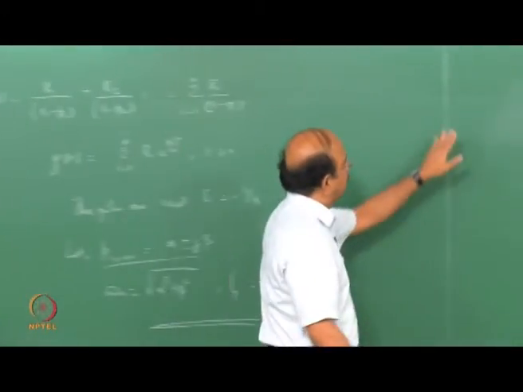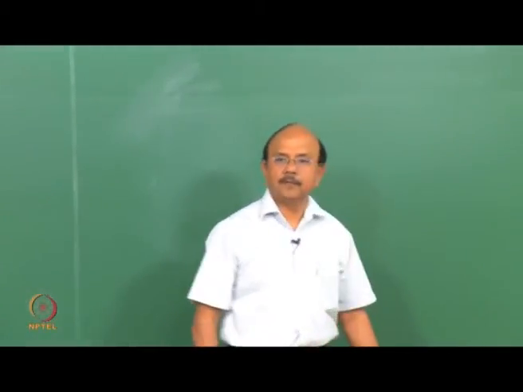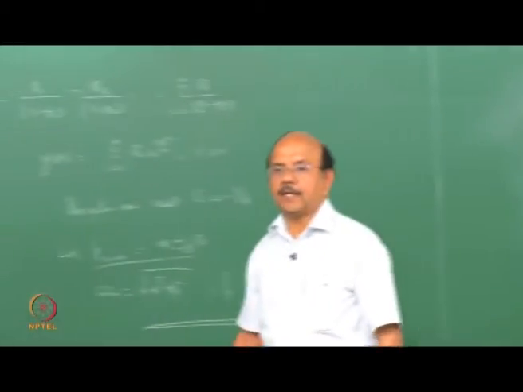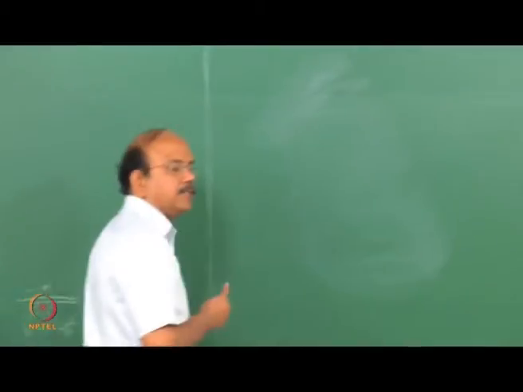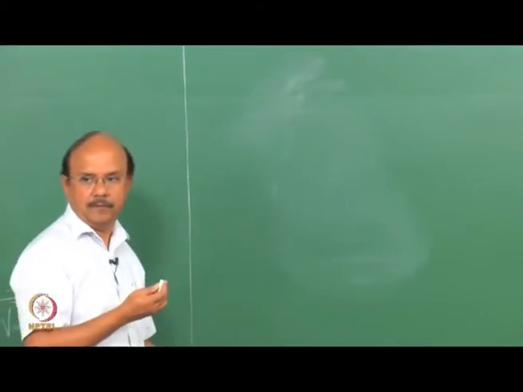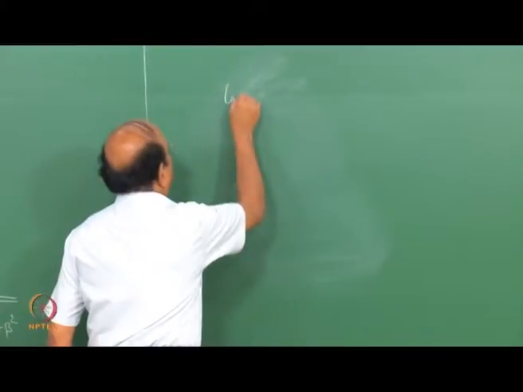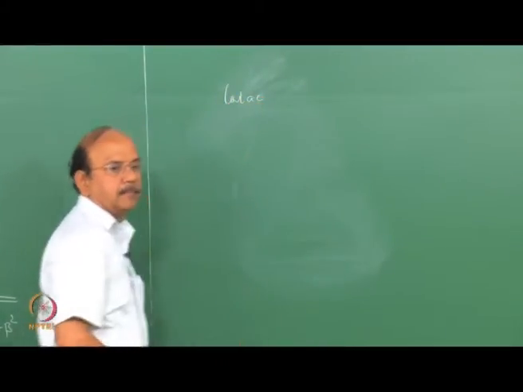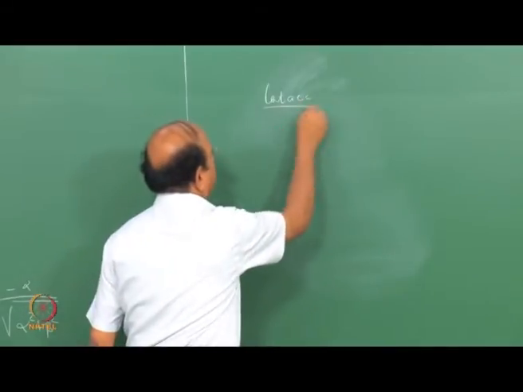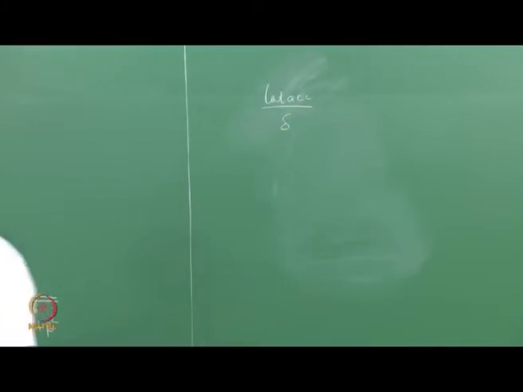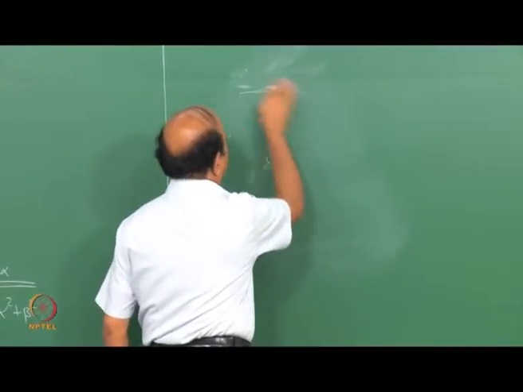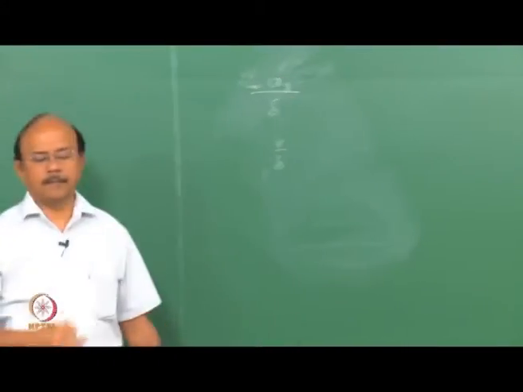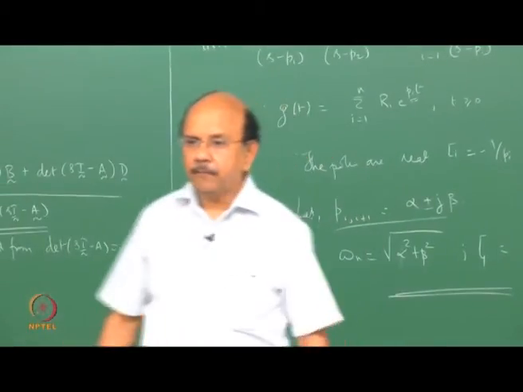In the last class, we were looking at the transfer functions. The two important transfer functions that we had looked at are for lateral acceleration. In fact, what we did was to find the lateral acceleration versus delta front, as well as the other one, R by delta. So I can write this as AY by delta and R by delta, for simplicity.